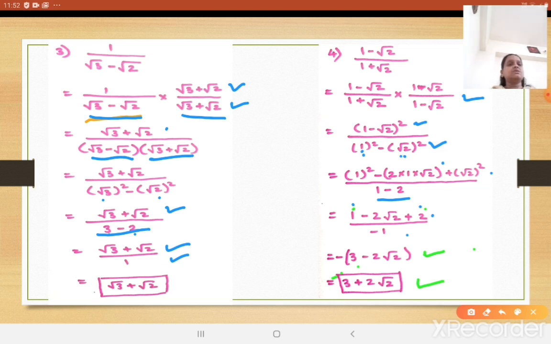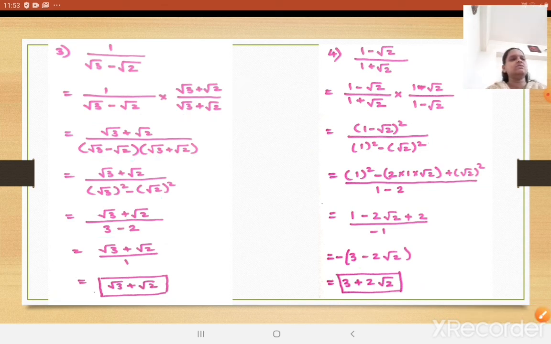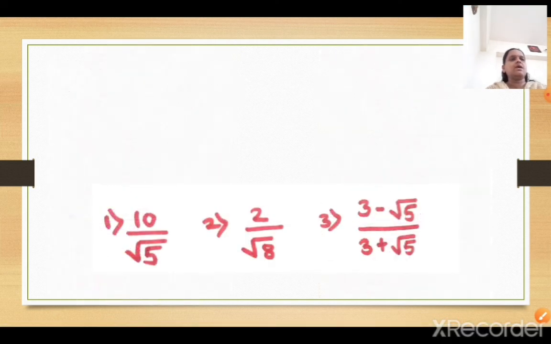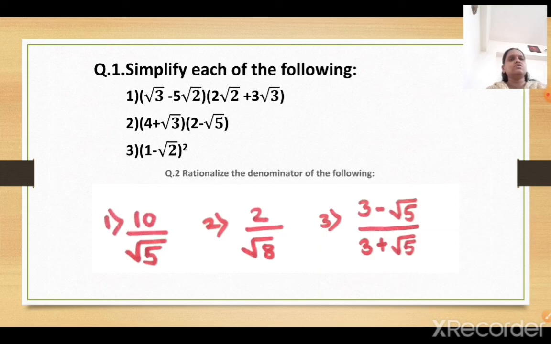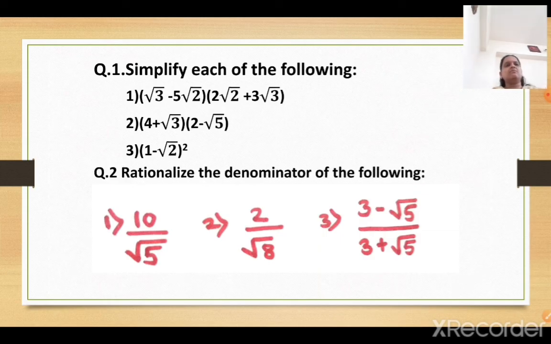I hope this concept is clear now, because in the video when I taught this concept, I took the textual sums as well as these few extra sums. So now you are able to solve these types of sums quickly. Okay. Now these are a few homework sums. So please note down these sums and try all the sums in your book at home.